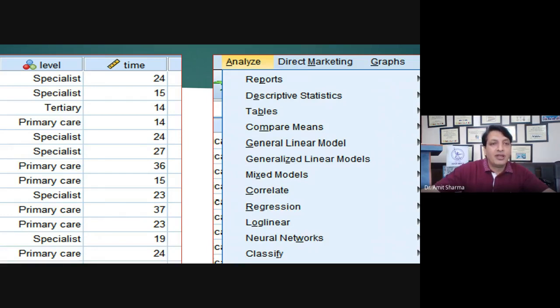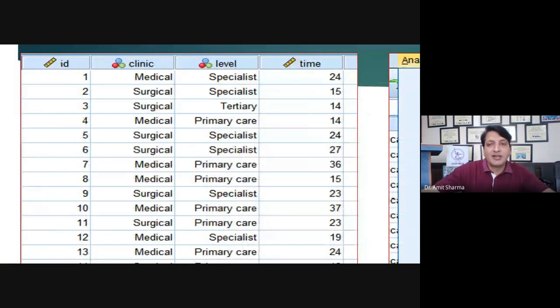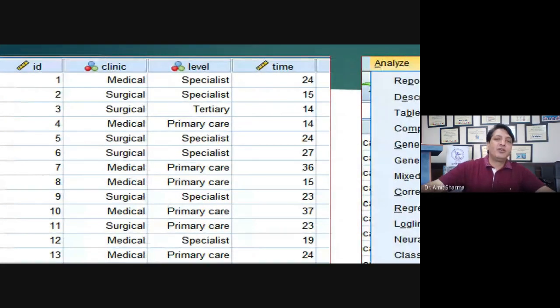So each row represents an individual sample, or a patient, like this. For example, patient number 1 visited the specialist ward and the waiting time was found to be 24, and patient number 2 visited the specialist ward and had a waiting time of 15 minutes. So here also, for example, you can run a model where you can use the data of both these clinics